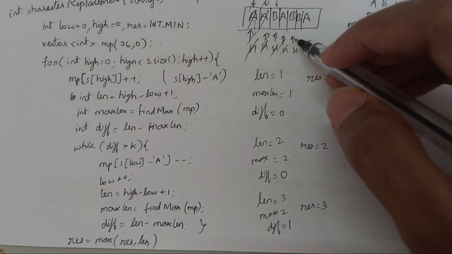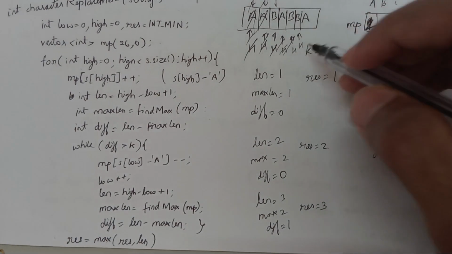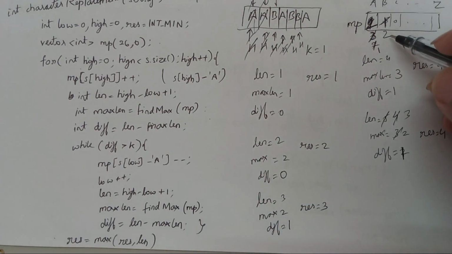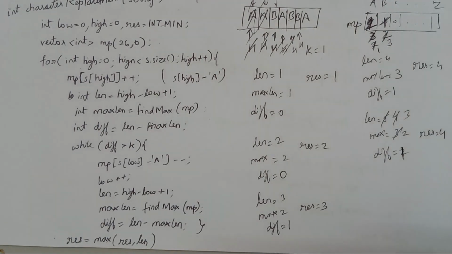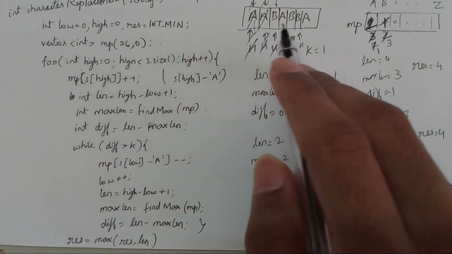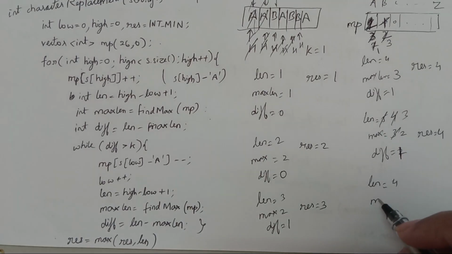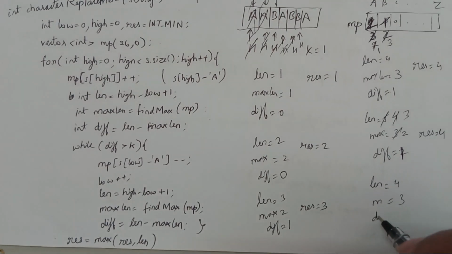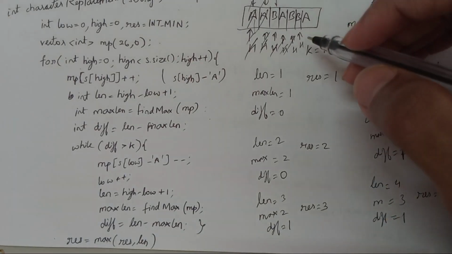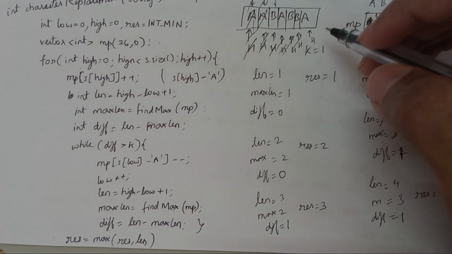Now again the high pointer is updated, high pointer is here, so again we update the hash map. B becomes 3. If B is 3, then length is equal to 1 2 3 4, max length is equal to again 3, difference is 1, so we ignore this loop. And now we update the result, it is again 4, and finally high moves to the last pointer, so again A